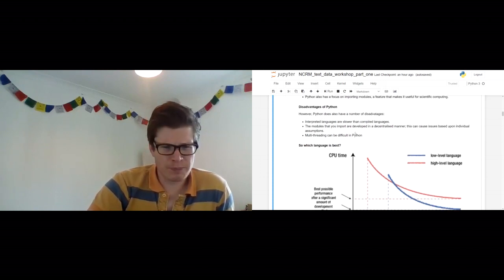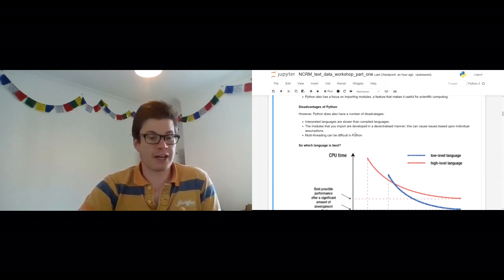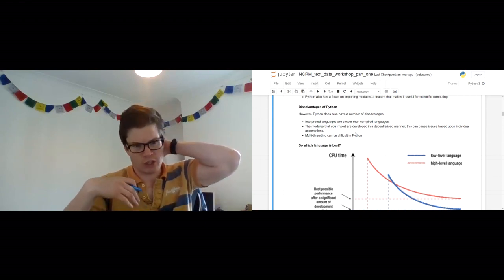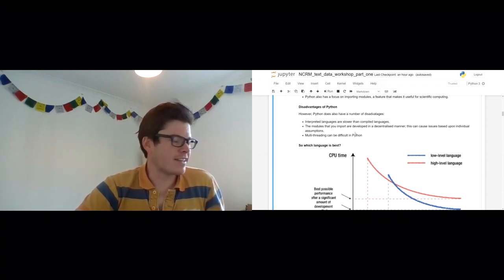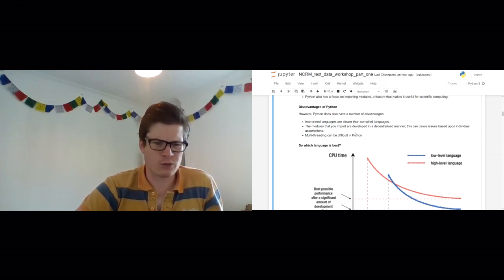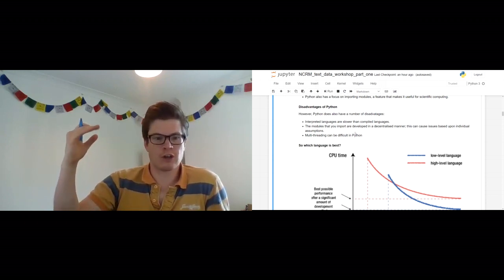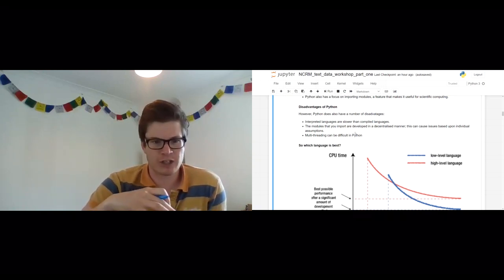The modules we import are developed in a decentralized manner, which basically means that they're developed by nerds for nerds. Okay, and there's no sort of oversight body that does quality control with them. However, despite that, it is worth mentioning that the internet created a sort of natural selection mechanism for packages, in that packages that aren't very good don't tend to get discussed much, whereas packages that are really good get talked about by the online community a lot and get shared a lot more. So there's that natural selection approach to it, even if there is not a centralized body monitoring the